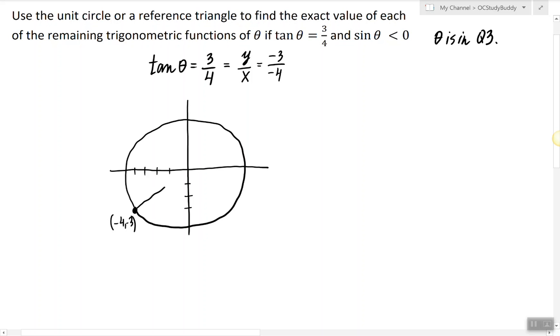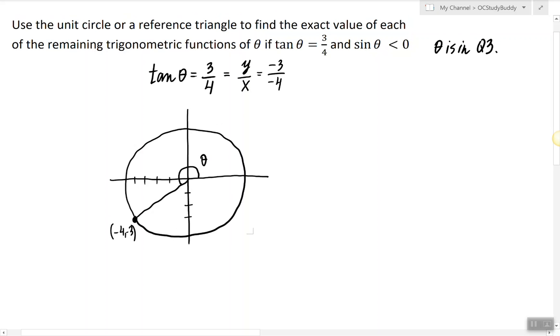Now, this is angle theta, which is in quadrant 3. And the terminal side of this angle intersects the circle at the point negative 4, negative 3. So this is a visual representation of the fact that tangent theta is equal to 3/4 and theta is in Q3. So what we're going to do next is figure out the radius of the circle,